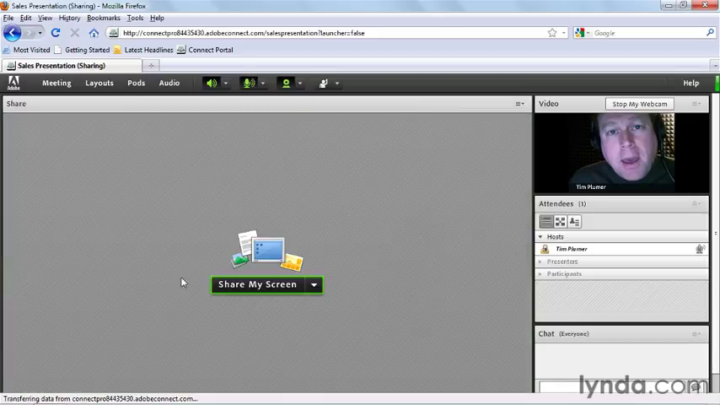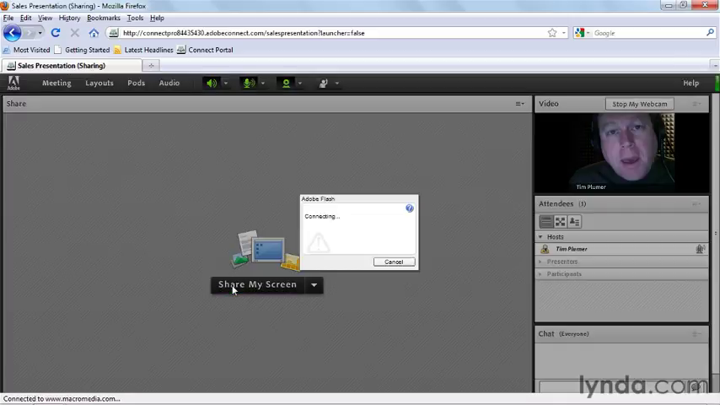At some point, I may decide that I want to share my screen, because Connect can allow me to show my audience what I'm doing on my computer through this thing called a SharePod. When I click this button, the Adobe Connect add-in is going to ask for permission to install itself from the Connect server. This is actually a little tiny tool that will allow me to run my meeting in two ways